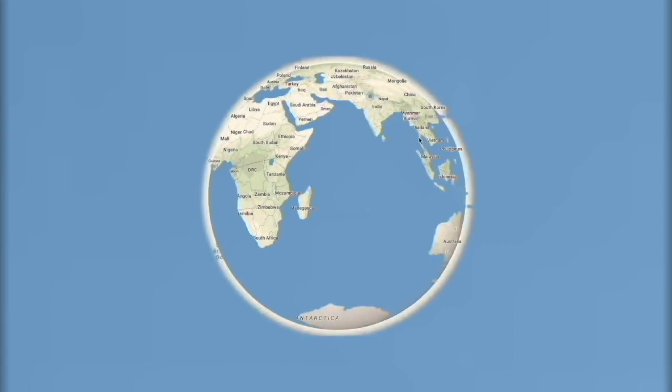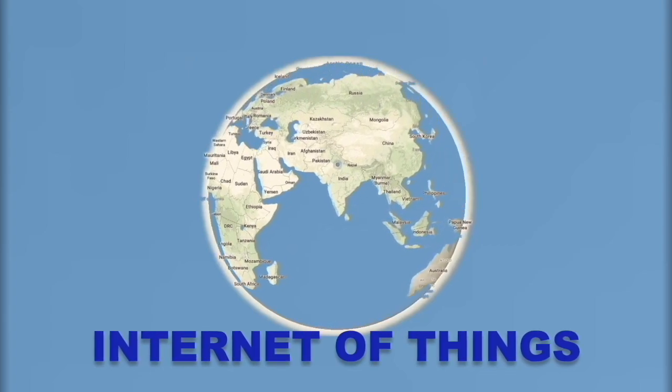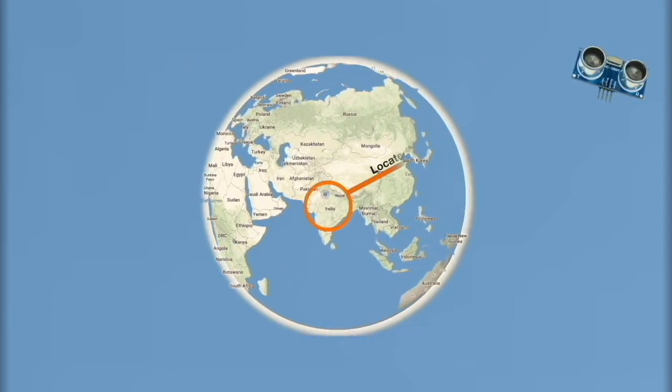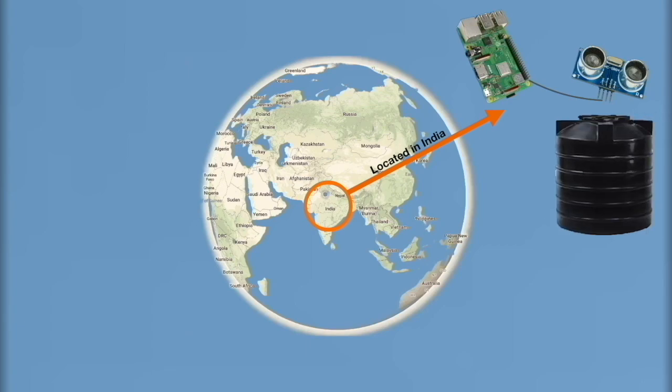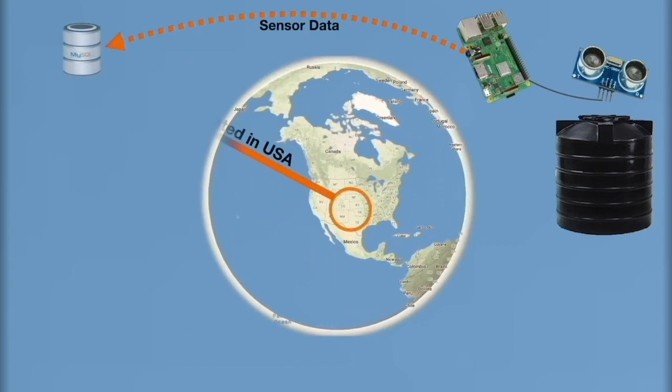In this video, I will demonstrate a project on Internet of Things. The project involves an ultrasonic distance sensor connected to Raspberry Pi that measures water level in my overhead water tank. Every minute, the measured data is inserted in a database on the other side of the world provided by my